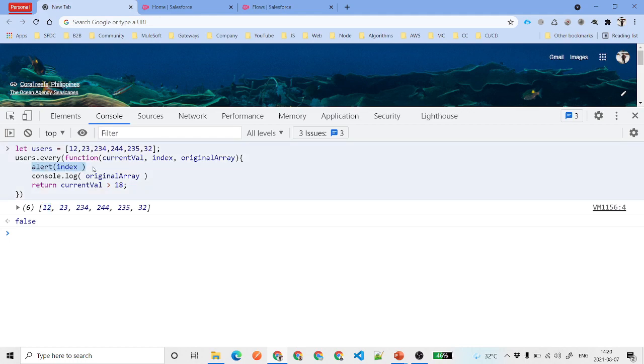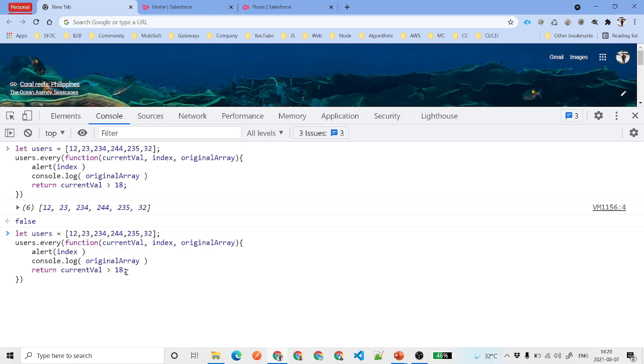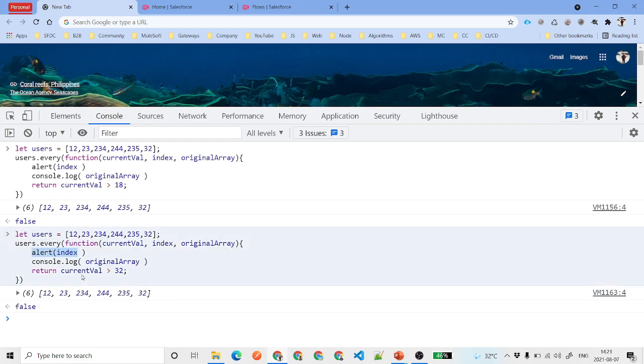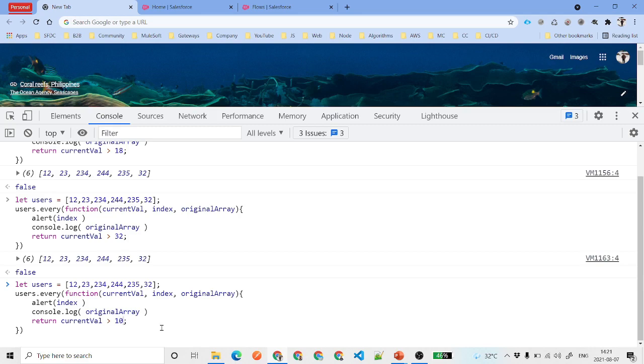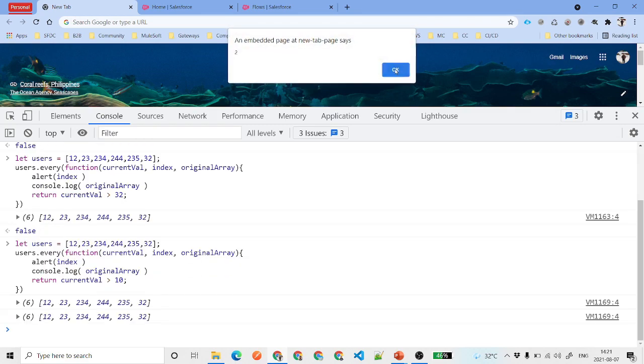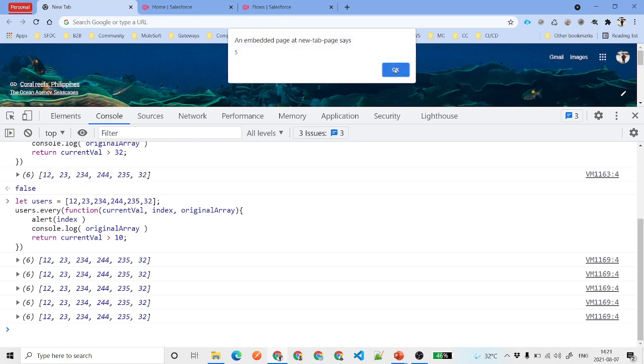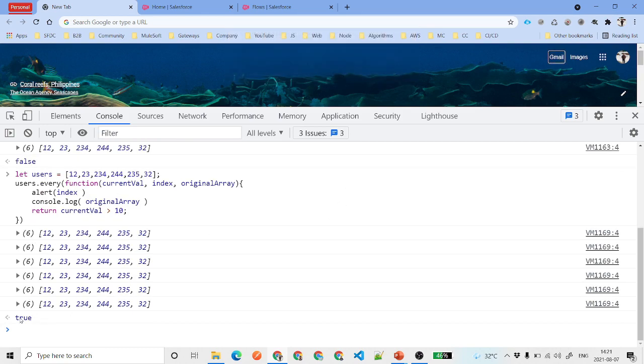and that is why it only went for the first index. Okay, if I say every element is greater than, let's say, 32, which is the last element, this time this array is going to iterate till the last element unless it finds this condition to be false. It again went to 1, and then it quickly found that this particular condition is false, and it returns false. If we reverse the condition, and say this is greater than 10, it is going to go 0, 1, 2, 3, 4,